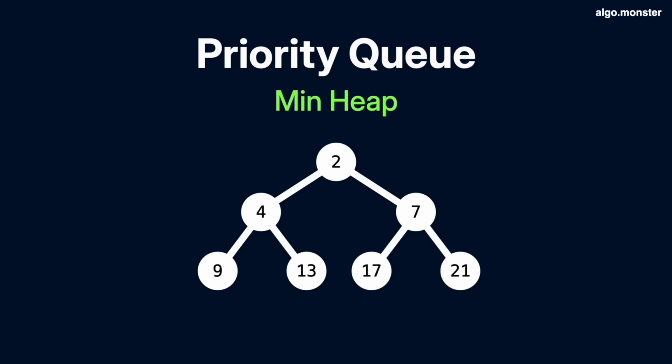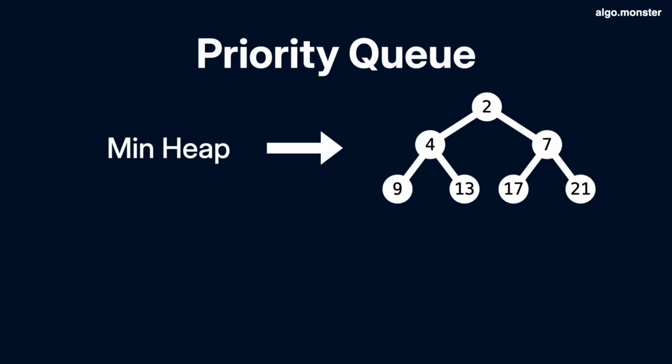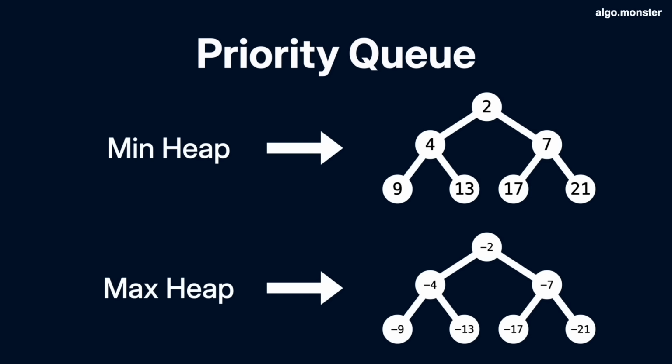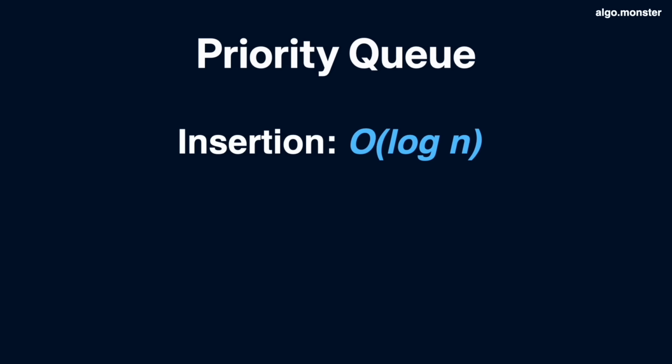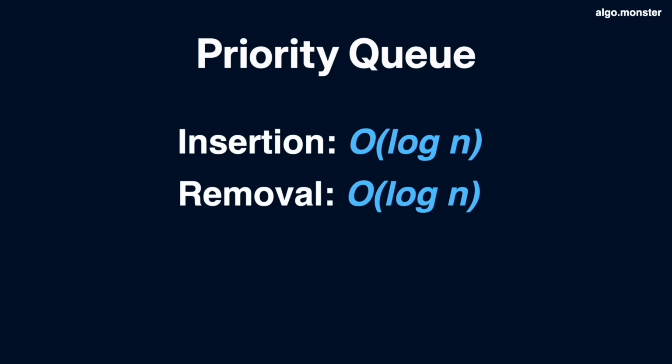For a min heap, every parent is smaller than its children. For a max heap, every parent is larger than its children. In Python, the default is a min heap, meaning the smallest element comes out first. But we can easily simulate a max heap by negating the values. That means insertion and removal both take big O of log n time, which is fast enough for most real-time